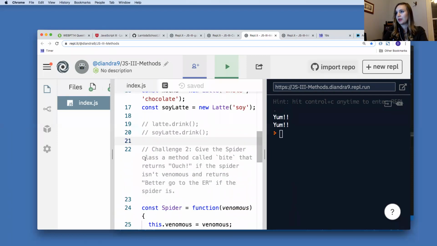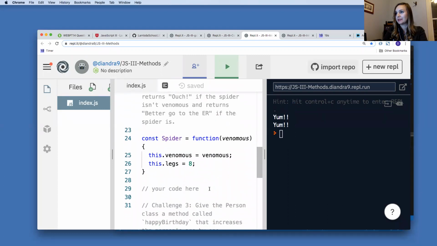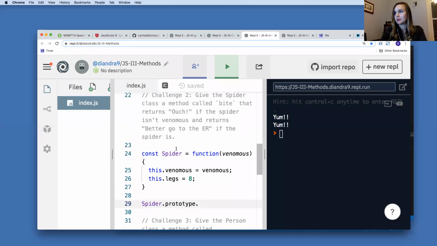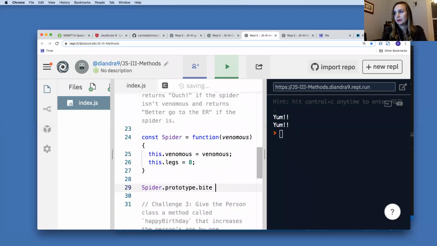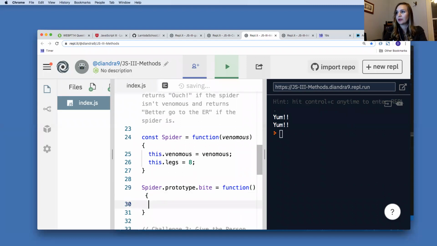So next we want to give spider a method called bite, and it should return ouch if the spider isn't venomous, and return better go to the ER if the spider is. So in this case, we're going to have to use the keyword this. We start off by putting it on the prototype, as always. And this was bite, right? So we're curious if our spider is venomous or not. So we can do if this.venomous